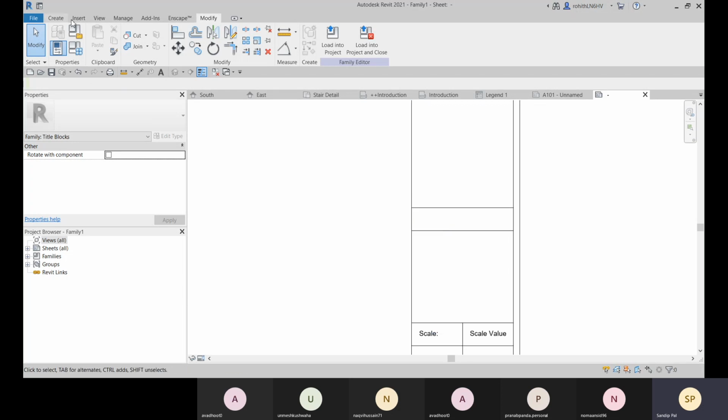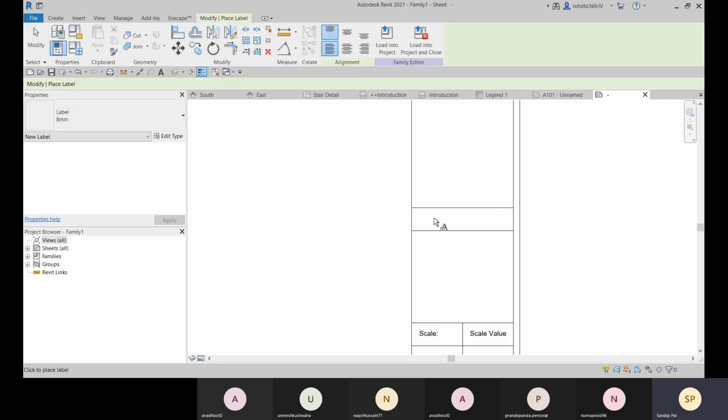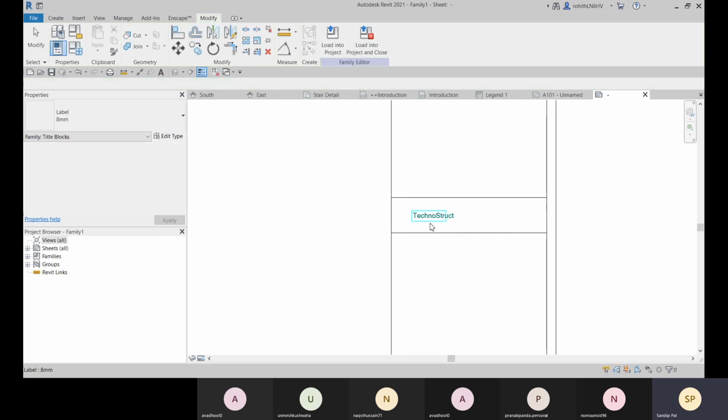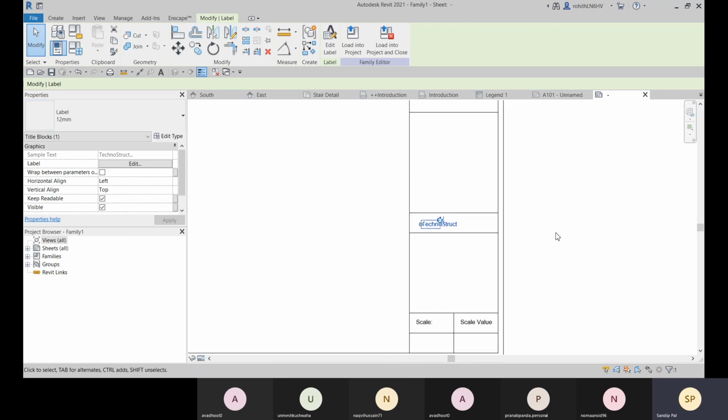Now let me create a page or project name or anything like that. So let me go with this label and let me click it here, and here I can apply the building name or checked by or the client name, or the author, who is the author. So double click on it, it will be added, and here you can apply the author name like Technostruct, apply and okay, and right now it is added, and you can change the value the same.